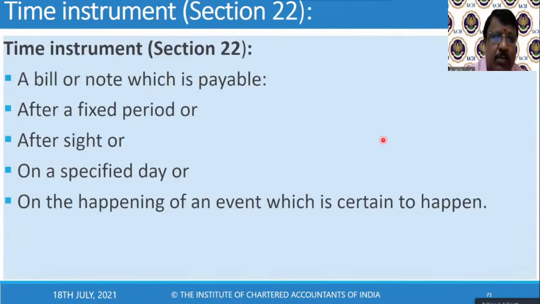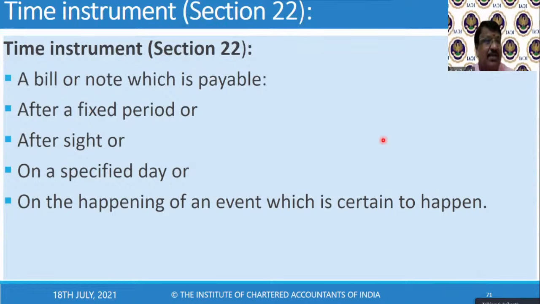A time instrument is payable after a fixed period or after sight. For example, a promissory note may be payable 2 months from the date of the instrument. A promissory note cannot be payable after sight alone, because where is the presentment date? But a bill of exchange can be payable after sight. That means when I'm drawing the bill of exchange, I can say it's an order directing the drawee: pay to Mr. X